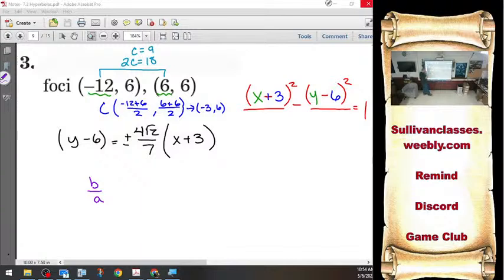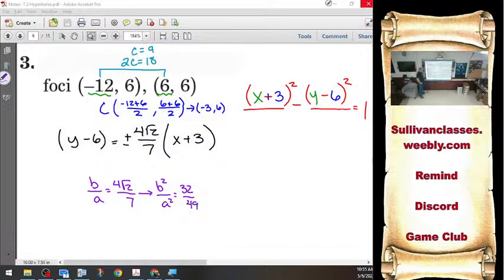Y's over X's. And I know that will be equivalent to 4 root of 2 over 7. But can I just immediately go to square this, b squared, a squared are